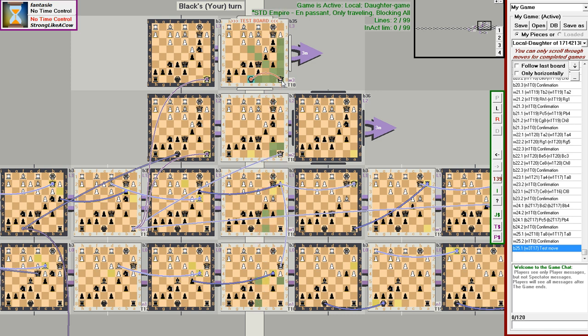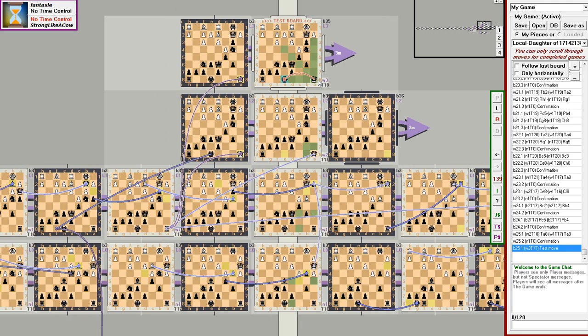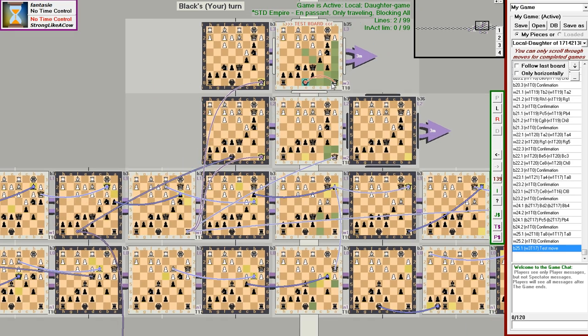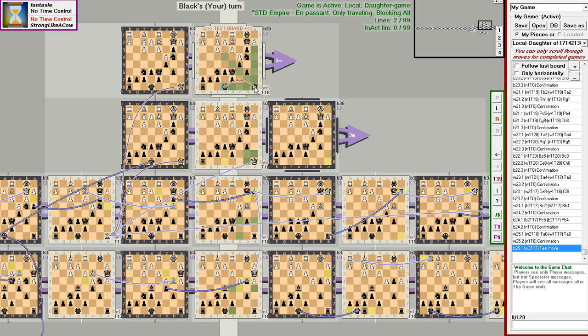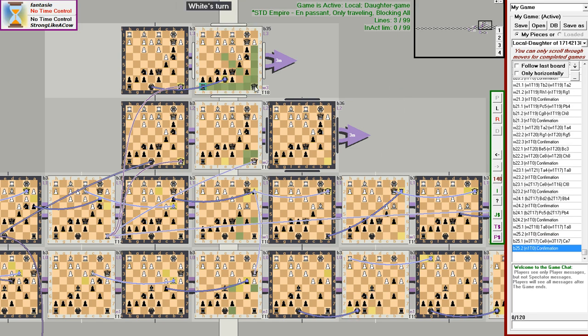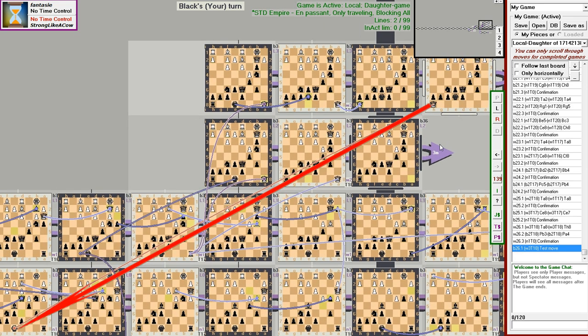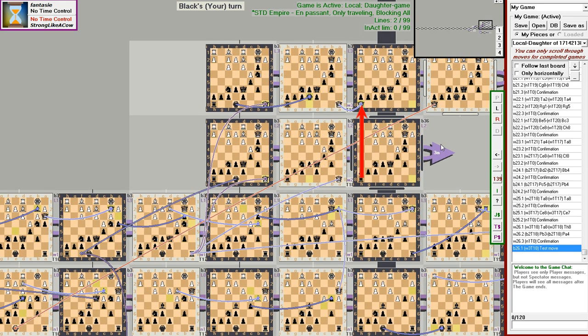However, neither black nor, I suspect, white noticed that they can no longer create another universe by playing to this a8 square. The Tsarina doesn't move here according to the rules, and it can't move here because there's no board here. And if you try to build such a vertical line of checks on the next move, the black Caesar in the bottom universe has already castled and there won't be a check. Capturing here on h8 can give a quadrigonal check to the past, obviously white can't do, as the rook is defended.